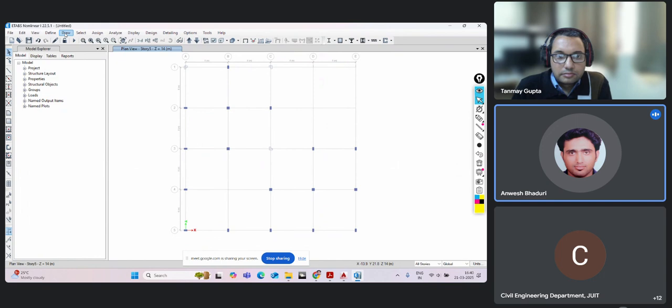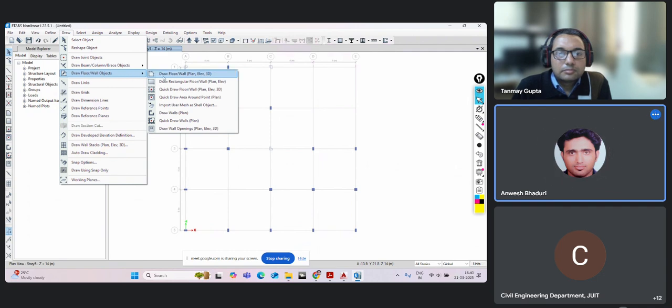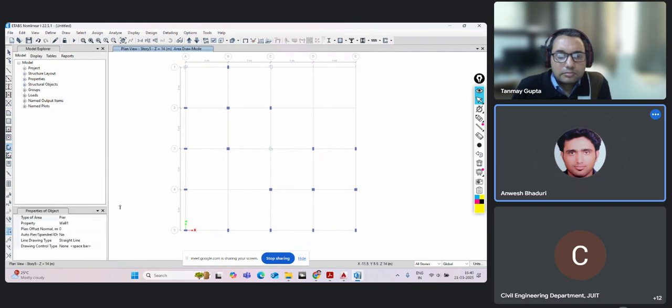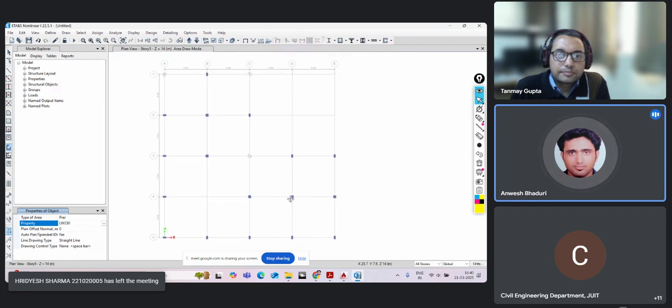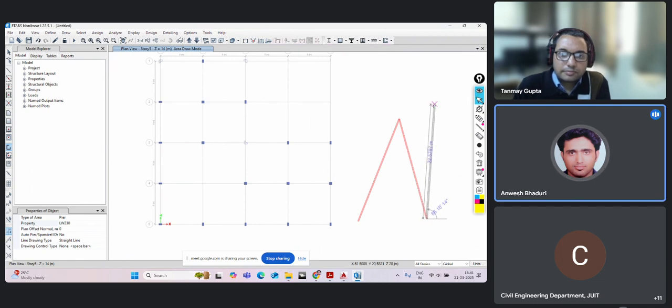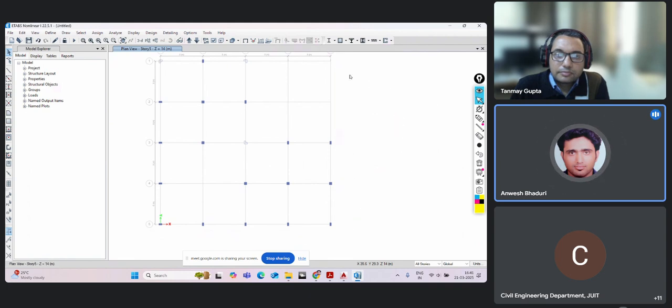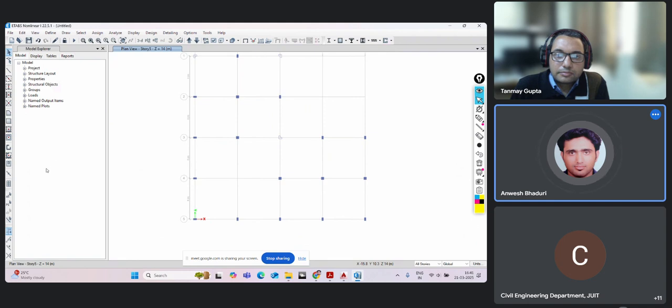we'll be exploring the draw wall command. Draw, show all wall objects. Now we'll go to Draw Walls in Plan. So now here the type of area will be wall, and the property will be the one we have defined, say LW230. This drawing tool is like the quick draw beam or column command. You can simply use this to draw walls. But we need a specific height, a specific dimension. So for that,